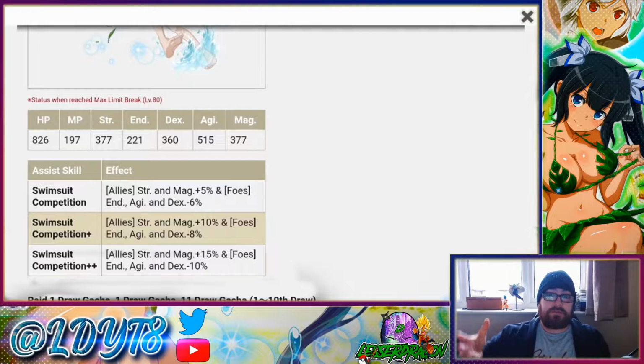The rates, however, on the guaranteed step mean that if you have 400 iris to spare right now, you do not care, you just want Hestia, you will get her. She is who you will get on the first guaranteed step. So 400 iris, boom, one and done. That's it, you're good to go if you just want the Hestia. I do understand that